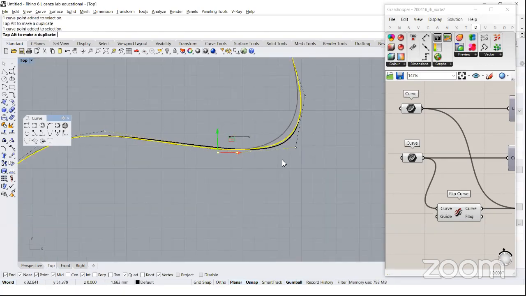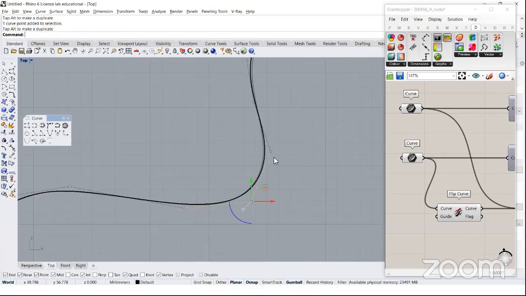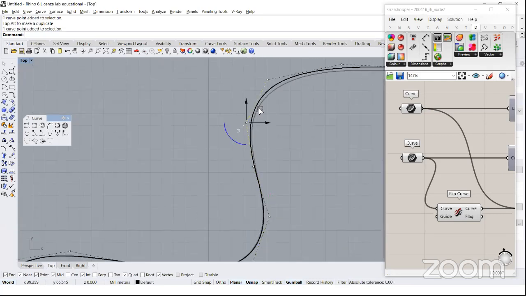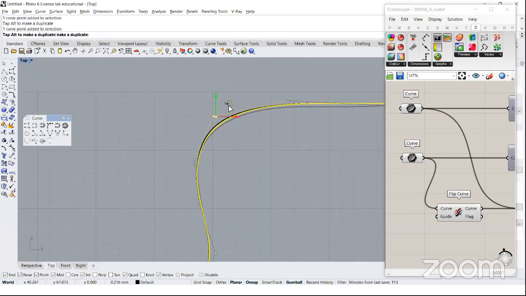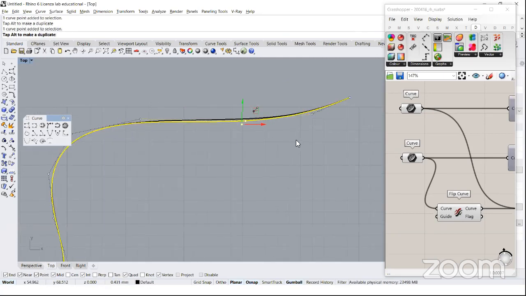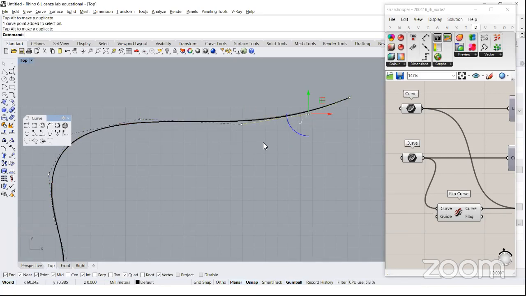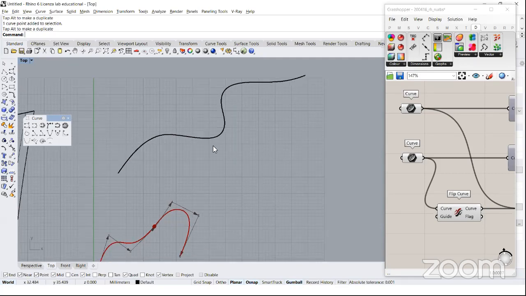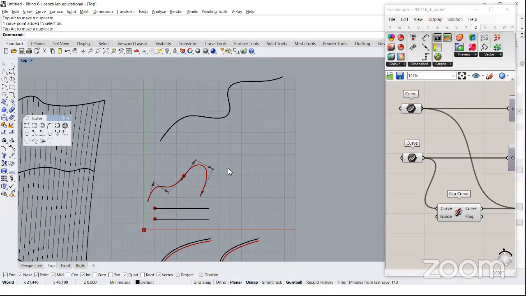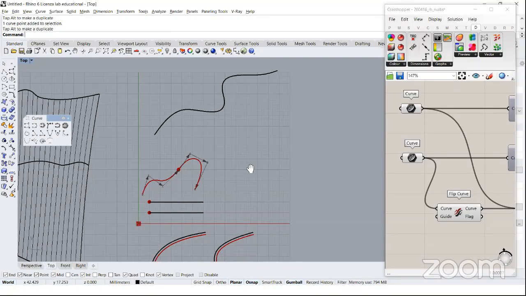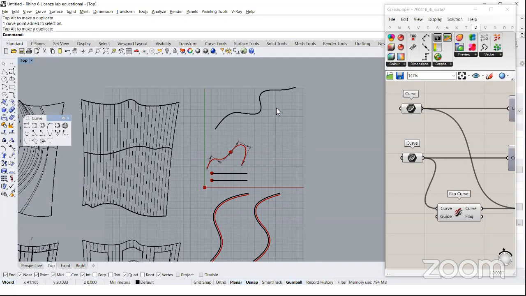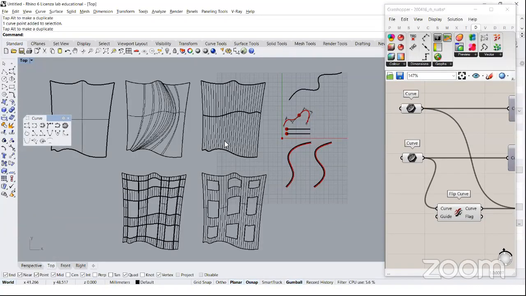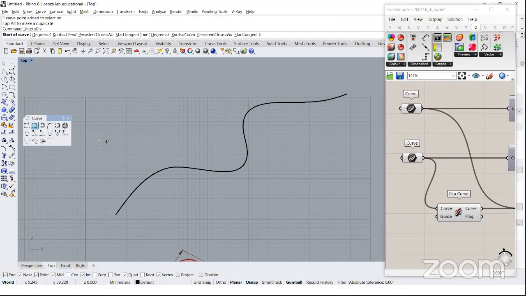Okay, so I do recommend that you take into account switching your workflow from interpolation to control. Because this is the best thing that you can do in order to have better control over your geometry. And you can see that you get an aspect that reflects more or less precisely the original line. So work with control point curves instead of interpolated curves, because it's the best way you can control geometry. And also you can do further intervention on your geometry, because if you work with interpolated curves, you place the